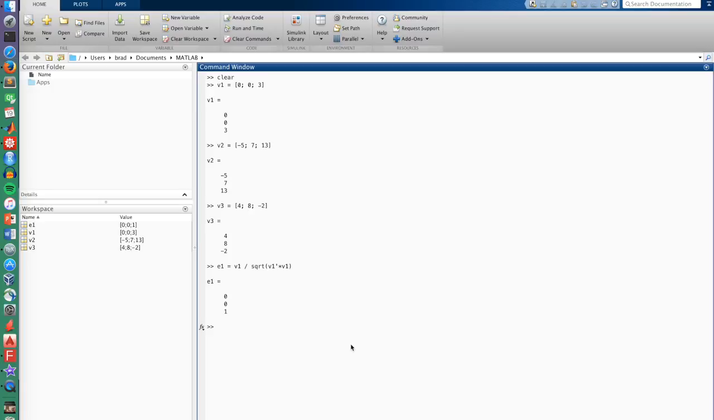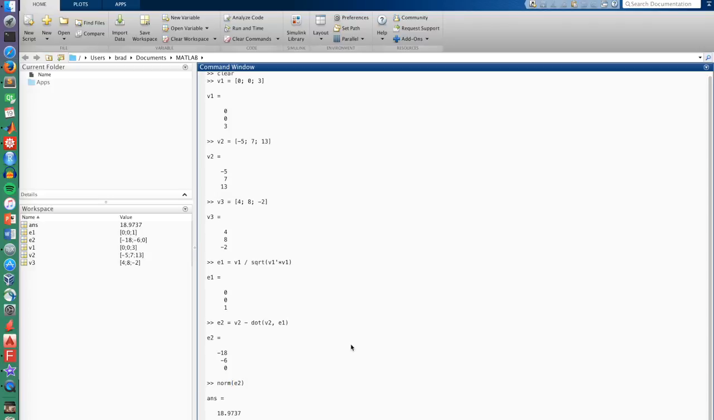Now, what we'll do is we'll define E2 to be V2 minus the projection of V2 onto E1. So how do we do that projection? Well, we dot V2 with E1. Now, this is not normalized. So if I do norm of E2, I should get